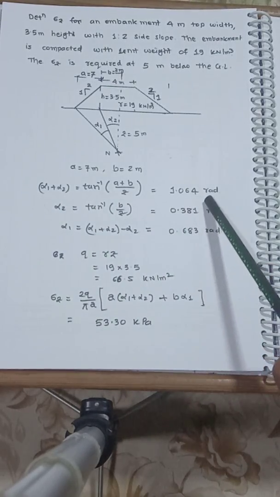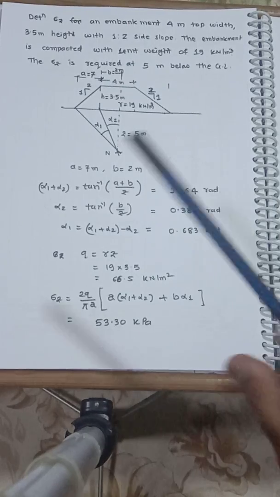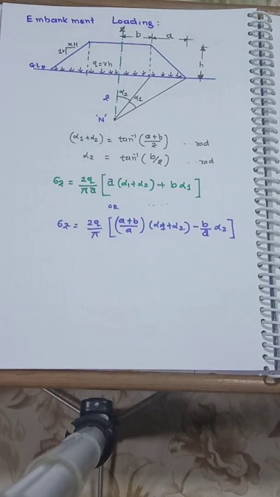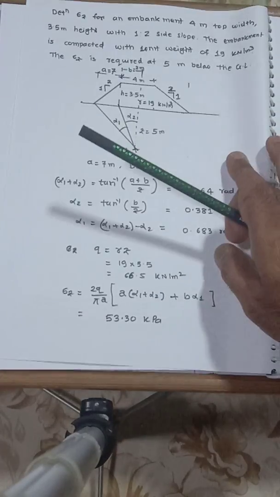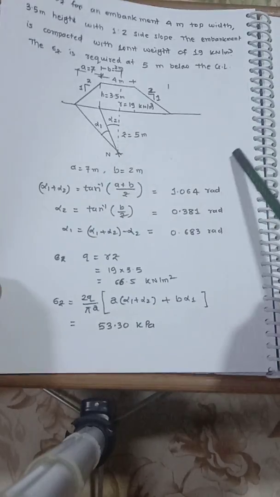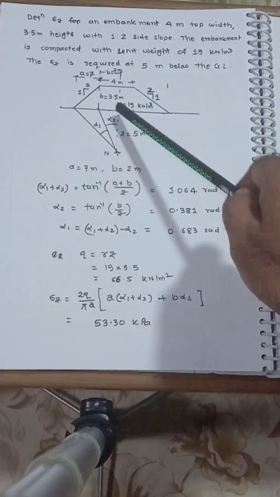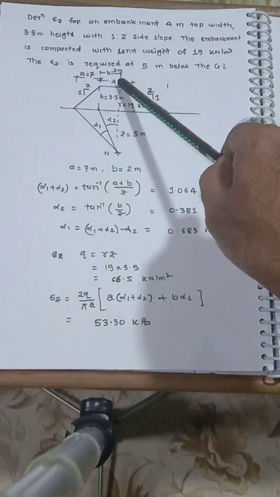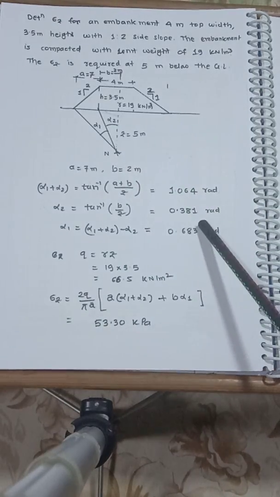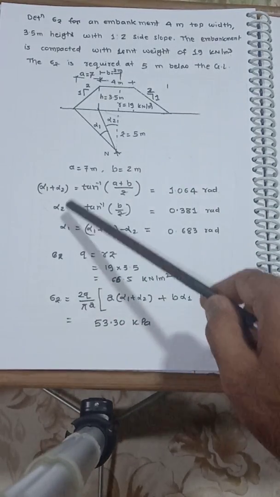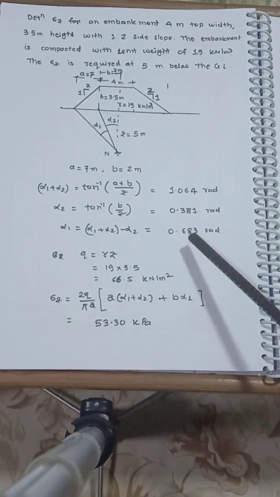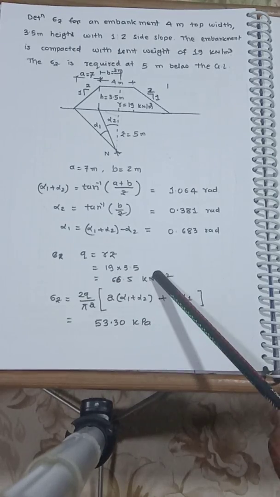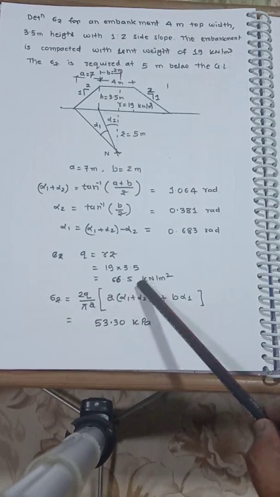So you get 1.064 radian. The most important thing is that all these alpha values are in radians. Then calculate alpha 2, that is tan inverse of b by z, substituting b as 2 and z as 5, you get 0.381, and then subtracting this from the total, you get alpha 1 as 0.683. So q is equal to gamma into height of embankment, 19 into 3.5, that is 66.5